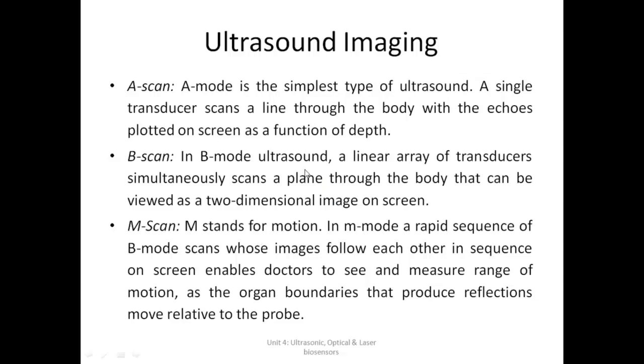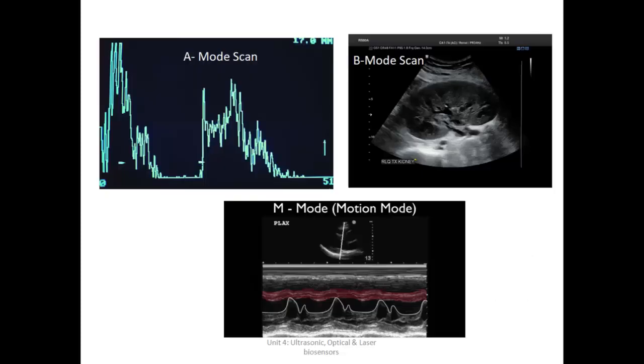Then we have M scan. This stands for motion. Like I told you, there are certain methods in which velocity and distance matter. The upper two are for imaging, or you can say distances. But M scan incorporates motion also. In M mode, a rapid sequence of B mode scans whose images follow each other in sequence on screen enables the doctors to see and measure range of motion as the organ boundaries that produce reflections move relative to the probe. Any movement, like for example, a heart,